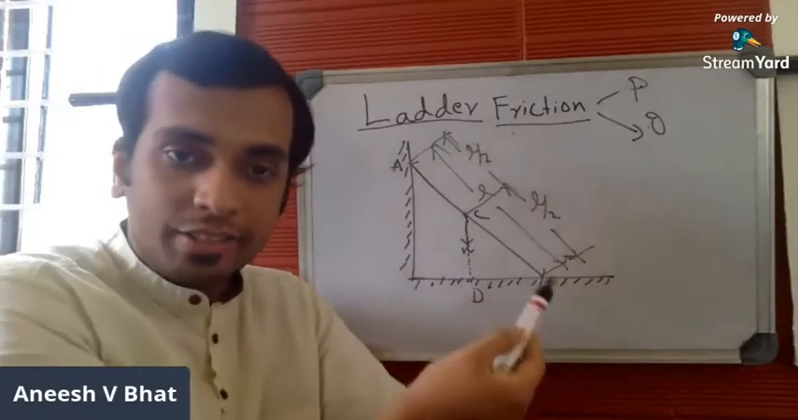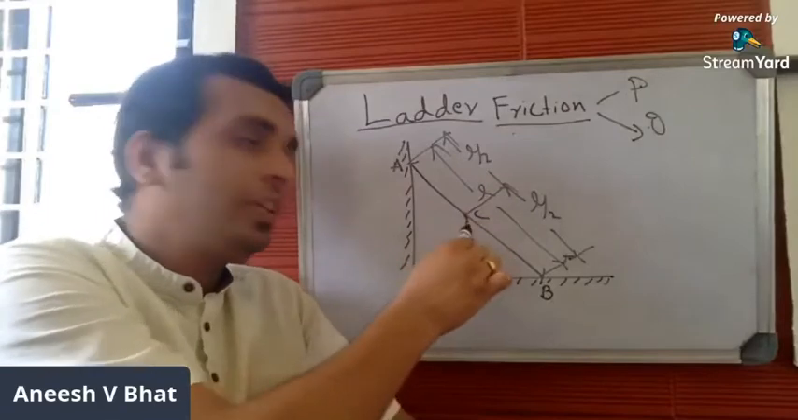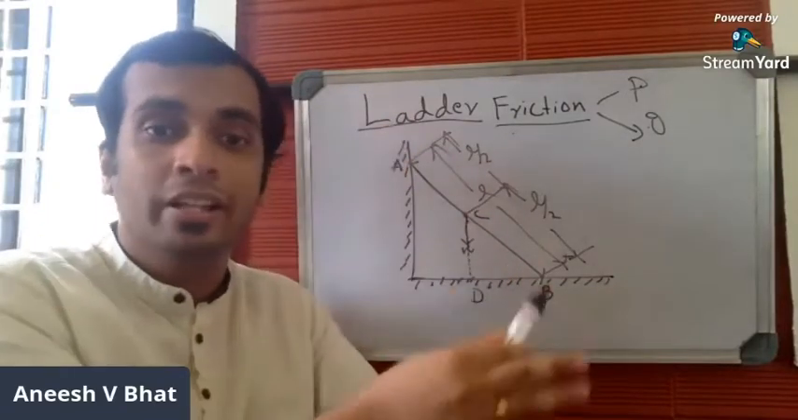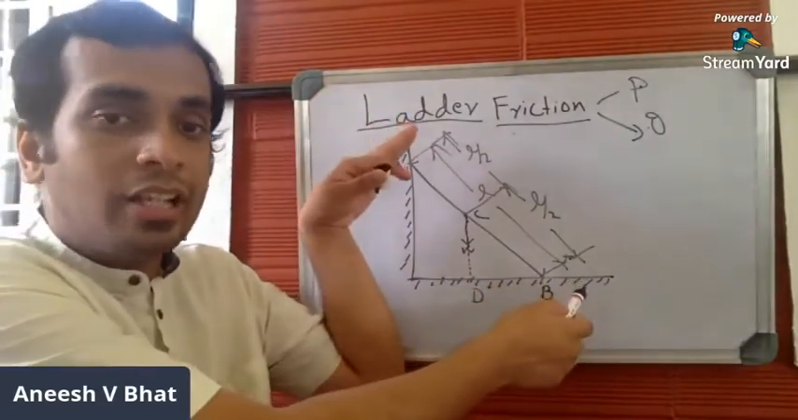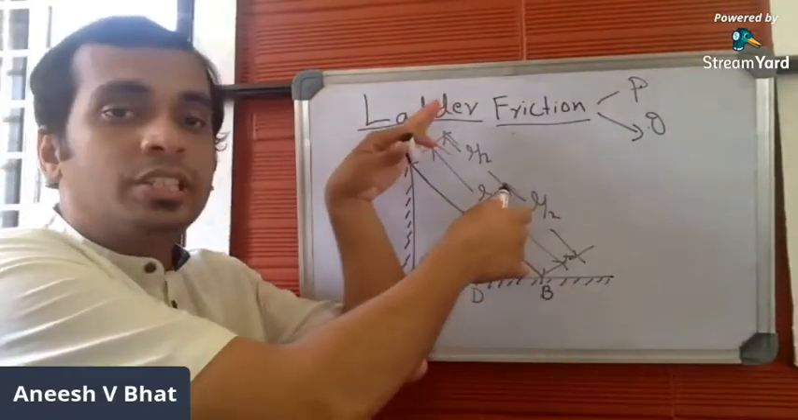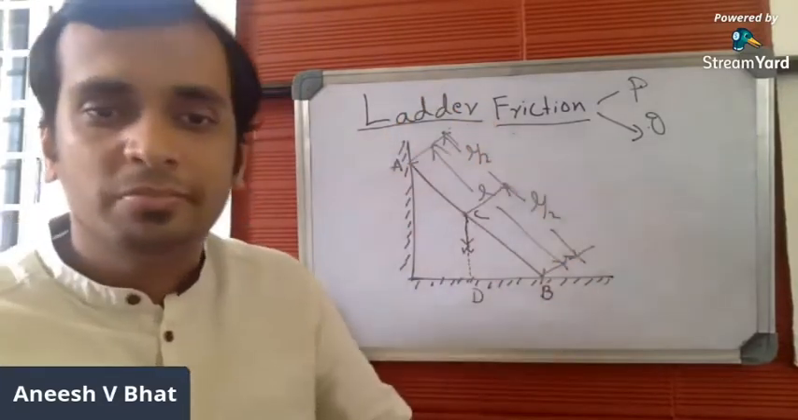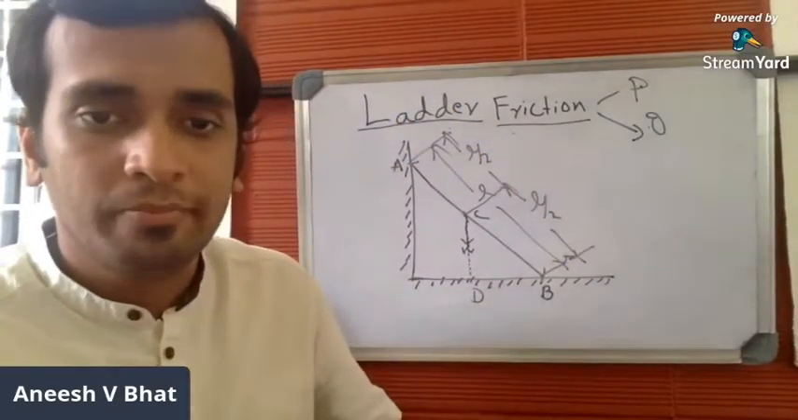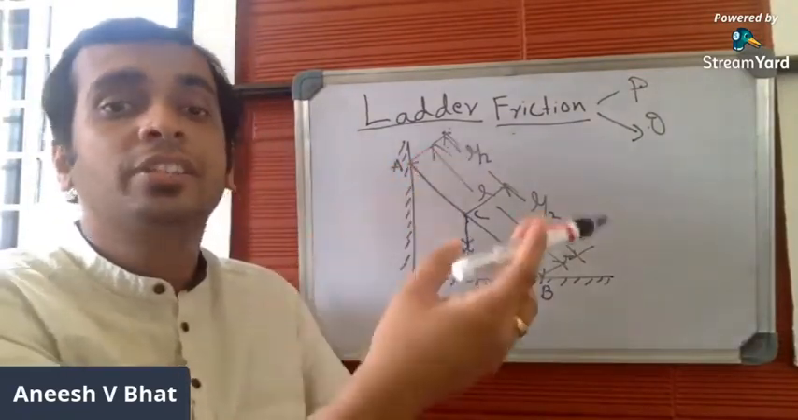So you have to mark the self-weight. Self-weight will move vertically downwards, and it will act exactly at the center of the span. If the total span is L, self-weight will be acting at a distance of L by 2 from the top and L by 2 from the bottom. Now, after marking the self-weight, if you have an external load given,